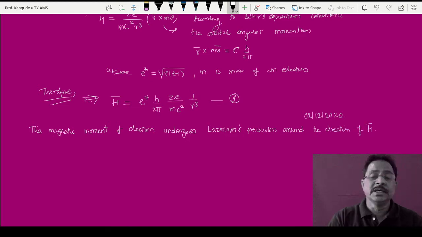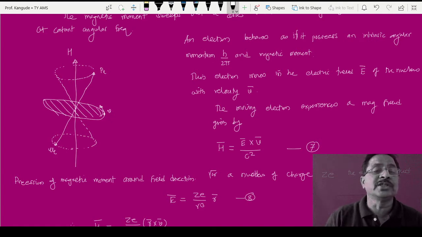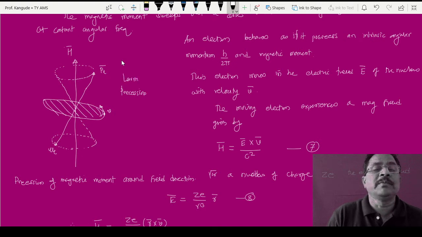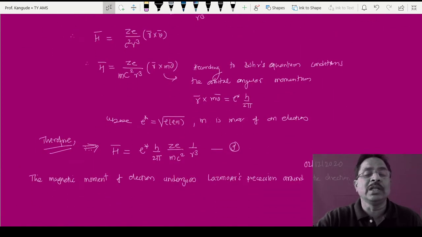So again we have to go for the reference of this diagram. So this is what I have shown this to be H bar, and this PL bar is rotating about in the cone around this H bar, and that is called as precession. So this is nothing but Larmor precession. Okay, so actually this diagram is nothing but Larmor precession diagram. So this is a vector diagram in fact, but that shows you a Larmor precession.